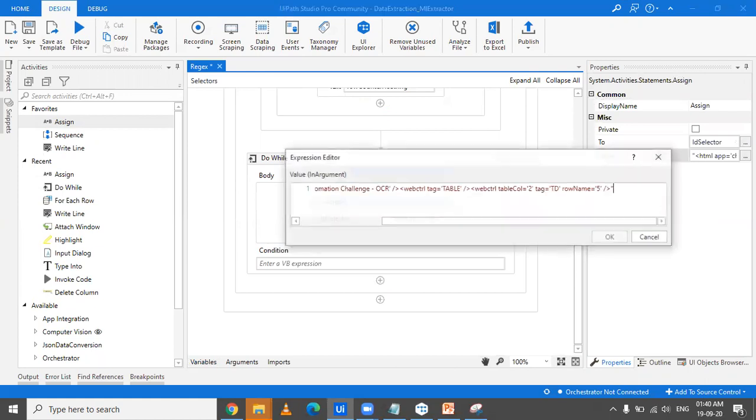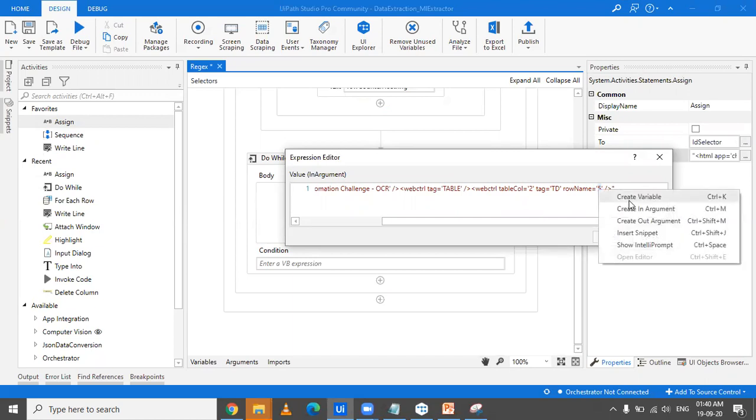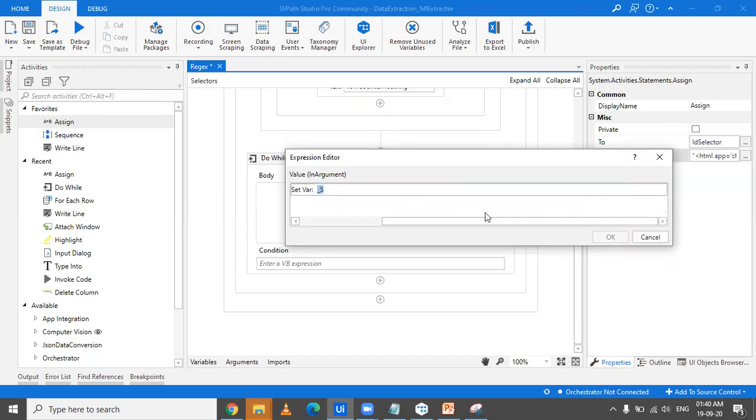Okay, and now instead of this row name, we'll be passing here the counter value. So we'll create a variable, and we'll name it, okay, we already have the variable created, so we'll not be doing this. Instead, we'll just pass in our variable name, which is counter, so we'll say counter.